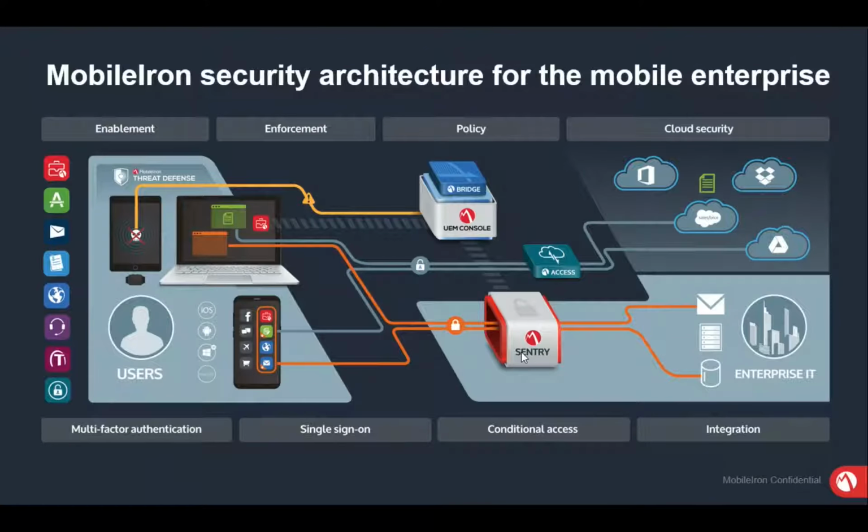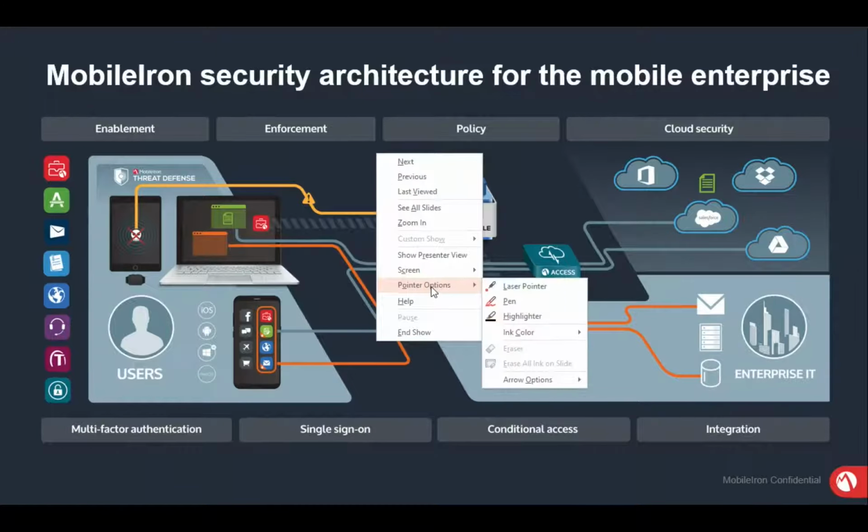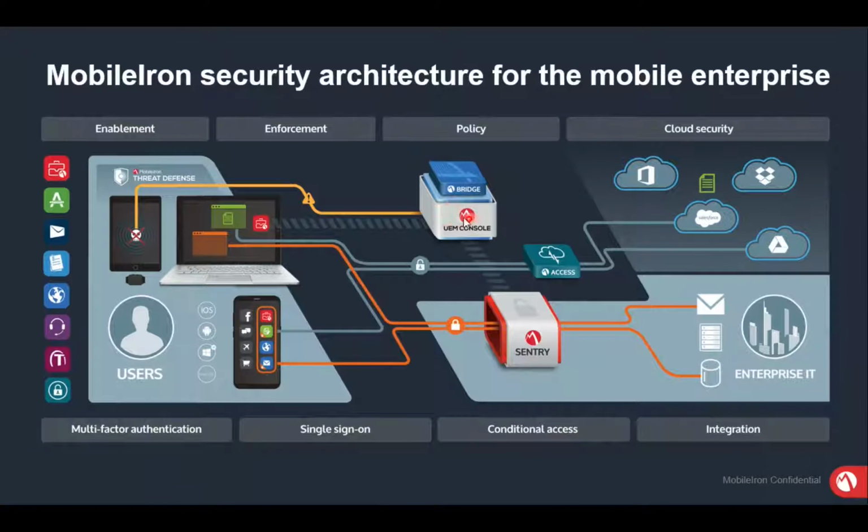And this is the high-level architecture of MobileIron. We have two main servers: the UEM console, and Sentry on the DMZ. The UEM console can be an on-prem server or it can be on the cloud. Sentry is on-prem, so it can be used to connect to your backend resources. The UEM console is the heart of the solution where you manage the policies, the devices, configuration, the user groups, and everything. And Sentry is just a gateway. After getting authorized with the UEM console, it will give secure access to the backend resources.